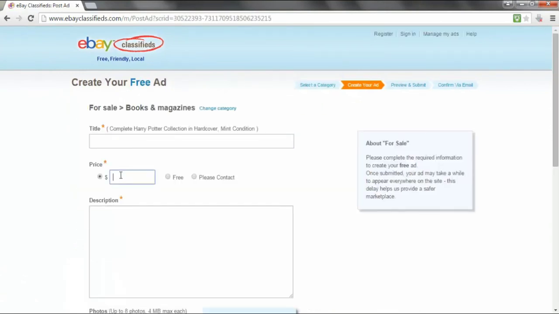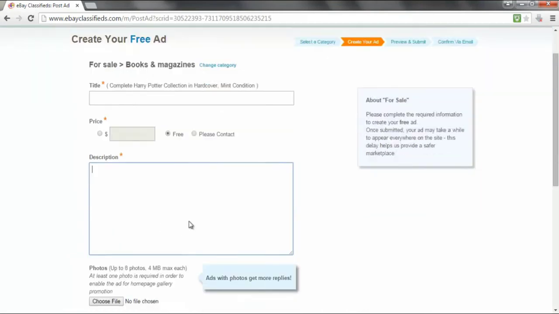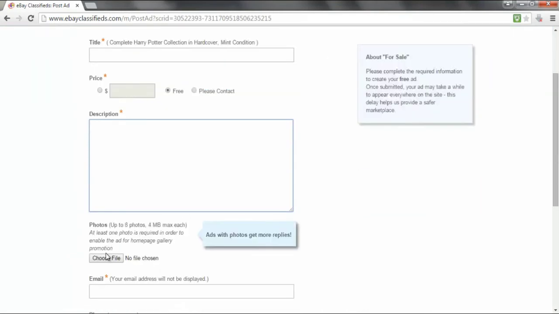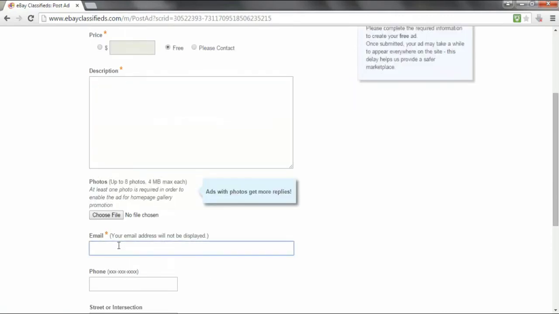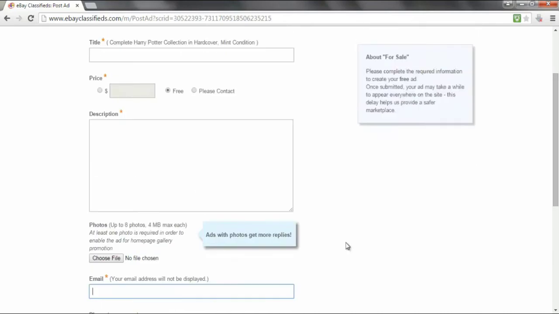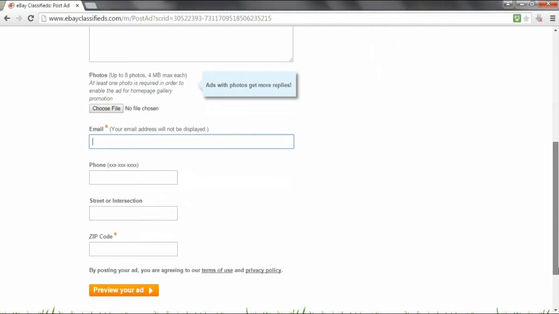You'd put the title of the book, make the book free, and then post a description and an e-cover. You'd of course have your email address in there, and when someone emails you to pick up the free book, all you do is reply to them with the URL of your squeeze page. So it's very, very simple.